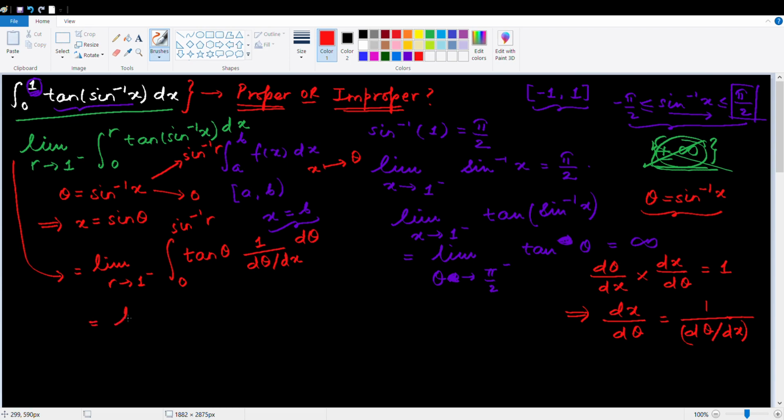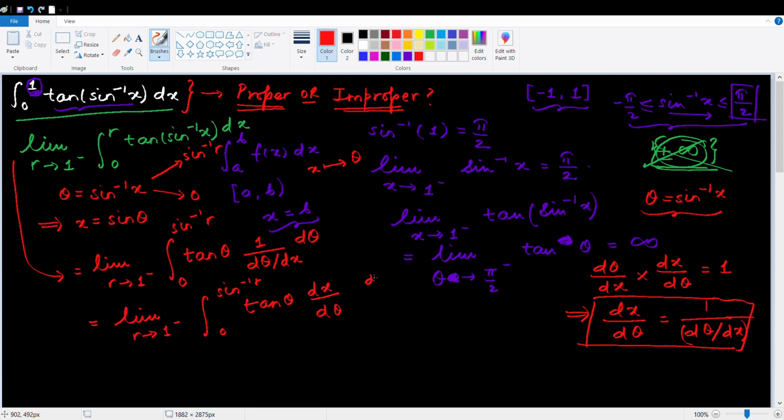So the limit as r tends to 1 from minus of the integral from 0 to sine inverse r of tan theta, and I'm just going to replace the derivative with this expression. Now dx by d theta, this is equal to cos theta,